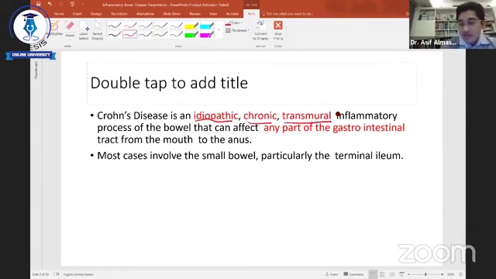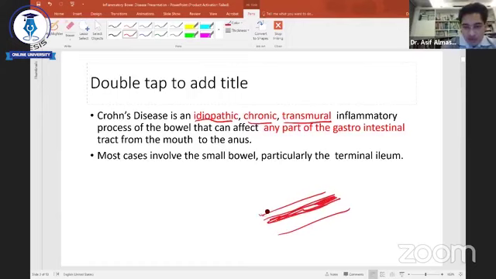inflammatory disease. Now this is where the difference comes between ulcerative colitis and Crohn's disease. If you remember, ulcerative colitis is actually a disease of the colonic mucosa only. Mucosa and submucosa is maximum that's involved. But in case of Crohn's disease, all the layers are involved. If this is mucosa, then this is submucosa, then the muscle layer, and then the serosa. In ulcerative colitis, only the mucosa is involved. But in Crohn's disease, it is transmural, the whole layer is involved.